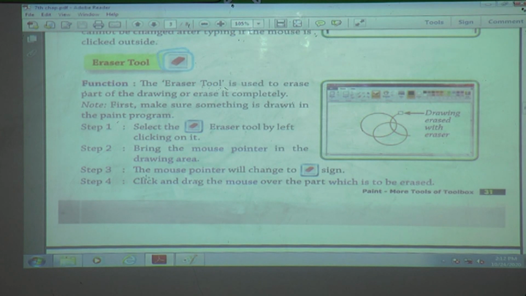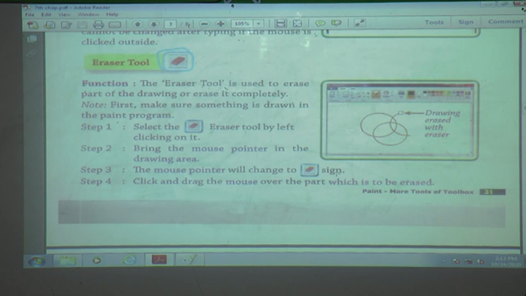Next, the mouse pointer will change to this sign. When we are using the pencil tool, the mouse pointer displays a pencil. When we are using the brush tool, the mouse pointer displays a brush. When we are using the airbrush, the mouse pointer displays the airbrush.